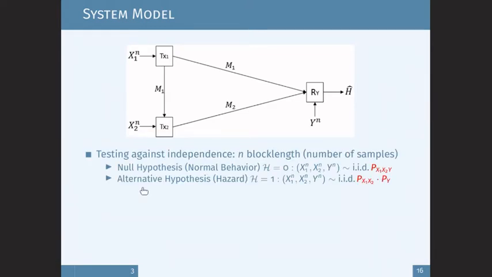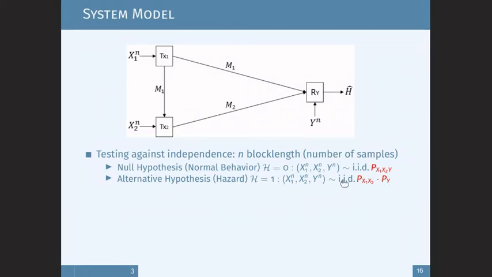So what happens first is that this system has to detect which hypothesis we are under. It means, are we under the normal behavior, we call it null hypothesis, or are we under a hazardous case, which we call alternative hypothesis. This scenario is called in the literature testing against independence, and it is for binary distributed hypothesis testing. And as we can see for testing against independence, under the alternative hypothesis, as we said earlier, the observations are